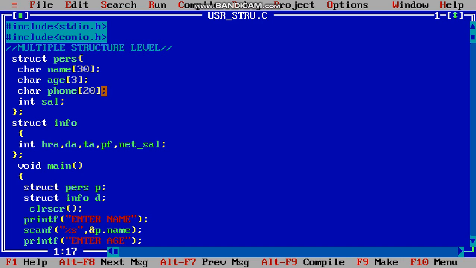One record enter, five record enter, all these things we can maintain in the structure. Basically, we are using it to compact the memory size. Personal information we keep separately, and salary, HRA, DA we keep separately.